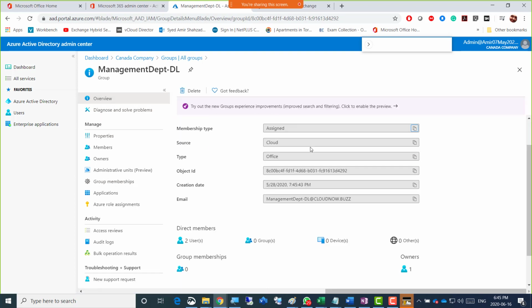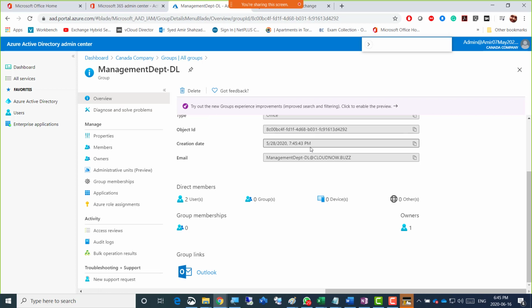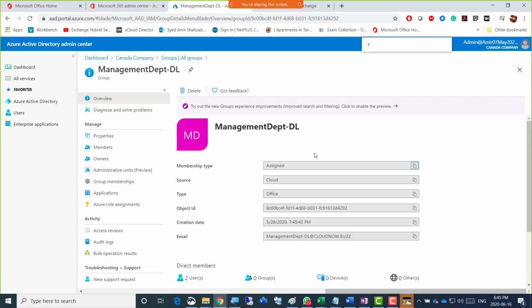So what we can do is simply delete it and create a new one, because even if it had thousands of users, adding them again, you just select them all. But it could be a task if you are adding one user, then the fifth user, then the 26th user. But for now, I don't see that.